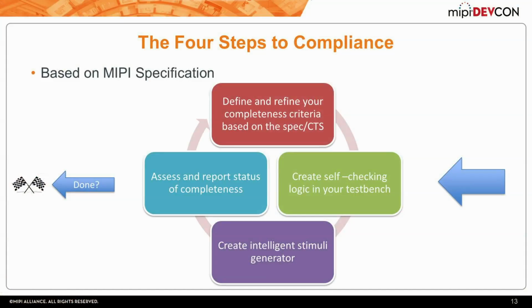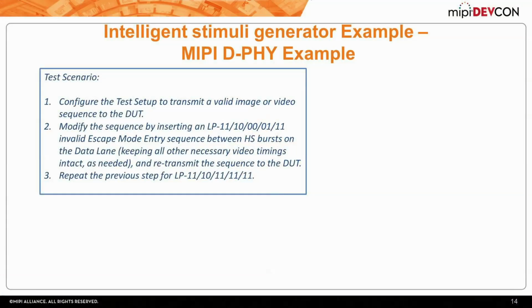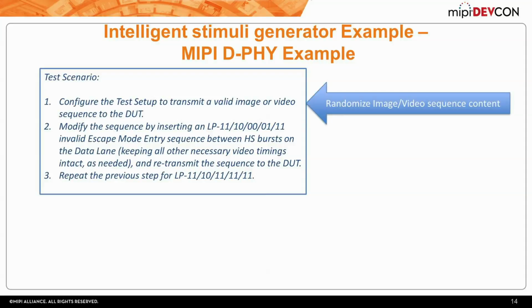Okay, so the next step is basically creating some stimuli which is generated based on the scenario that we saw. So we define the test scenario with randomized constraints, and we configure the test setup to transmit some valid image or video sequence to the DUT for the DeFi example that we saw before. And then we modify the sequence